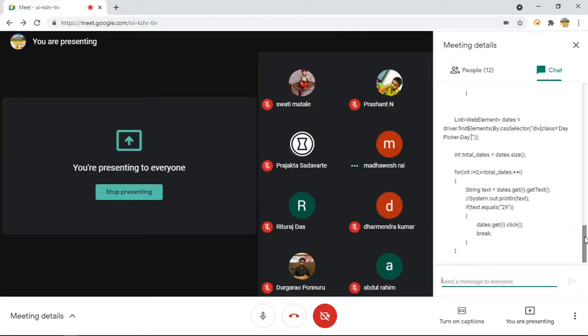So now you can copy from here. Let me know once you can copy, because once I exit, I think this will disappear. So that's all for today in this session.